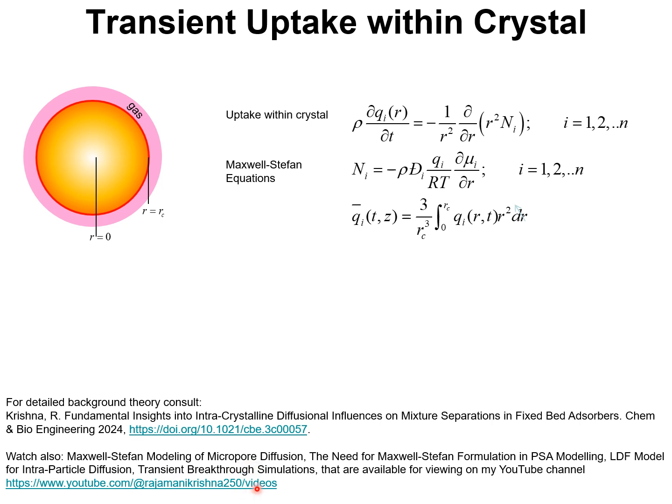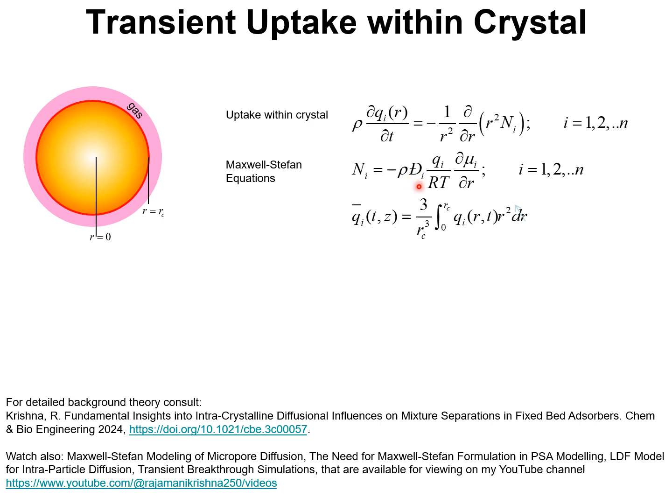As detailed in several video presentations, we set up the differential equations for transient uptake in terms of the fluxes N_i, and the fluxes N_i for each of the components is described by the Maxwell-Stefan diffusion